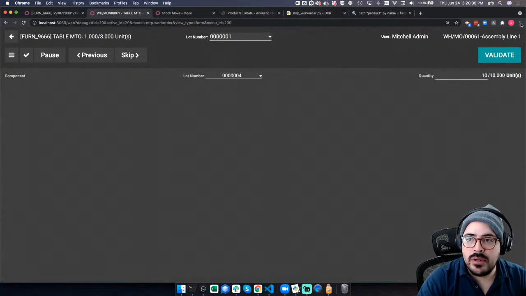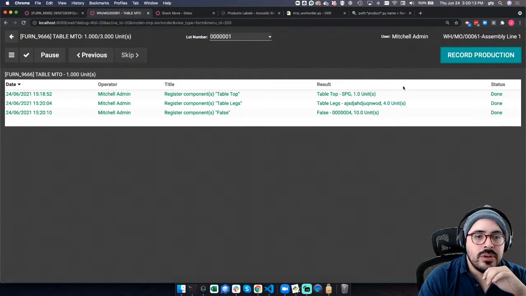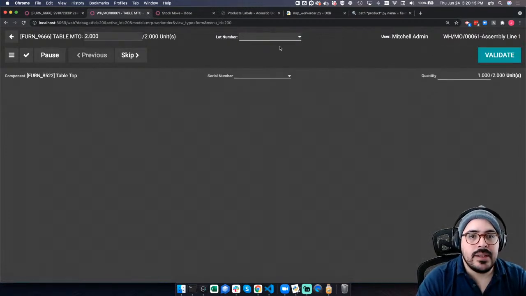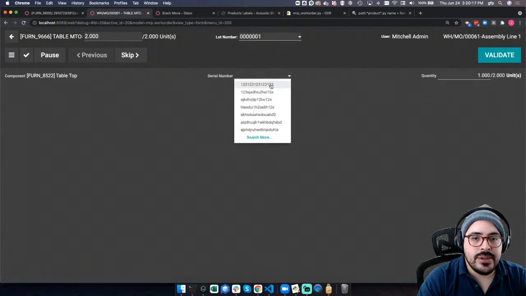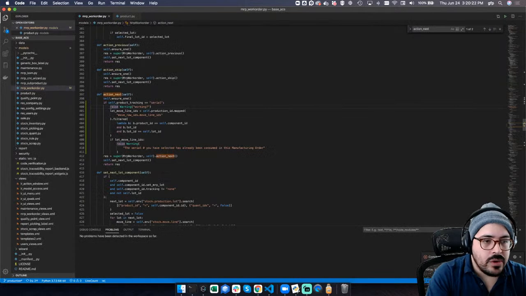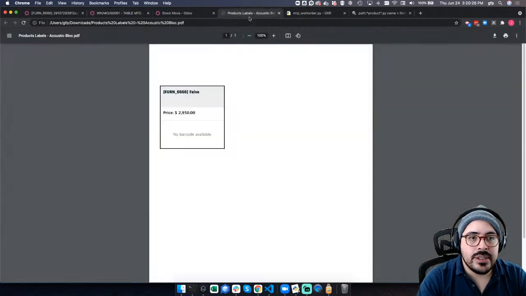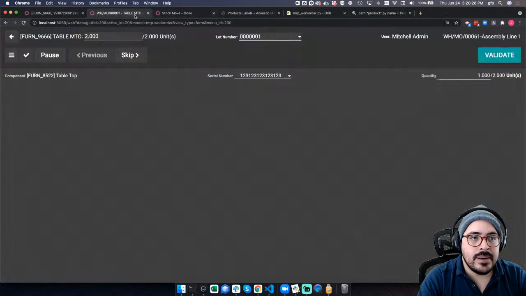Component, these are the screws. Okay, record production. Let's try this again. So this is a serial tracked item. We inserted here a raise warning if product tracking is equal to serial. And just as a double check,